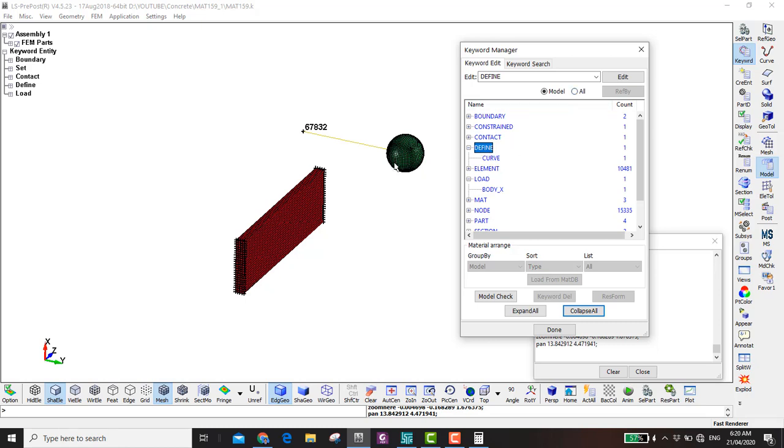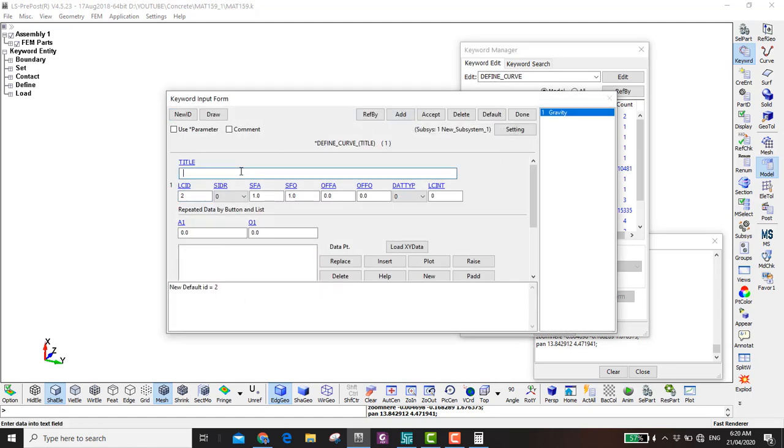Now we want to define another thing, which is the time interval of the plot. Okay, it will take some time for this guy to reach and hit the concrete slab. So I don't want to waste my memory for that. So I go to curve, I add new, then I would say plot interval. Now the plot will start very rough, 0.01 seconds, insert, and when it is 3.9, the same, and then I change this one, make it smaller, insert, and let's say this is a big number, 10 seconds. I'll just put it, let's say 1 second, insert,